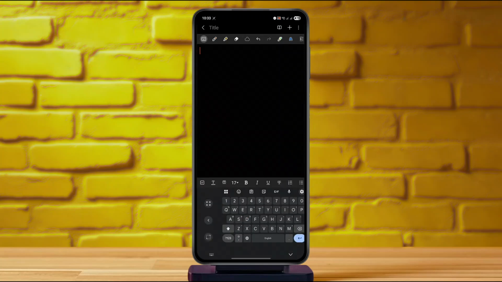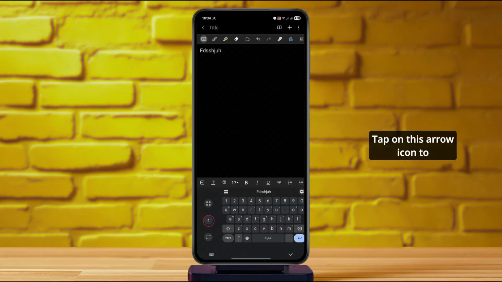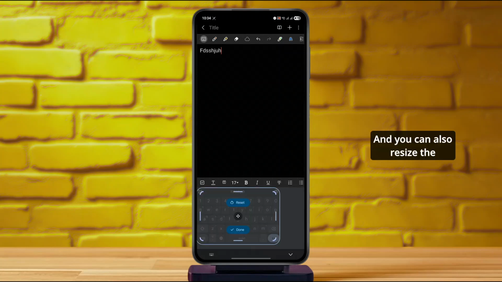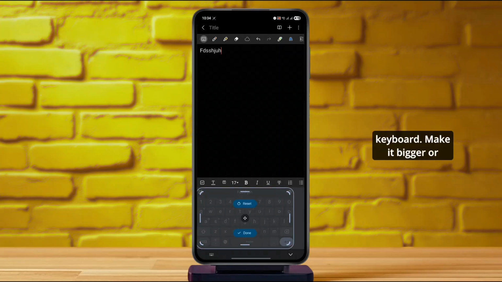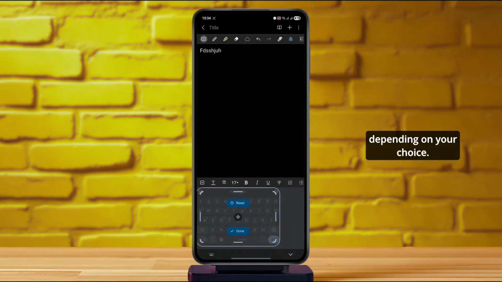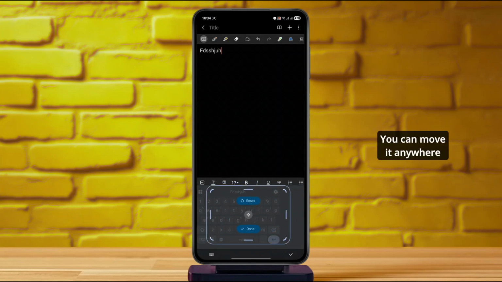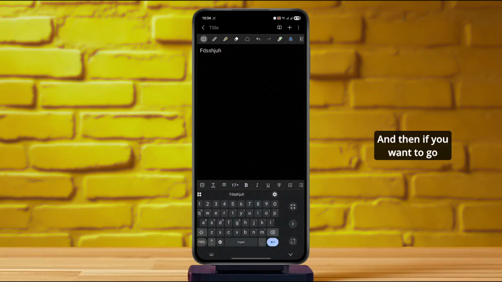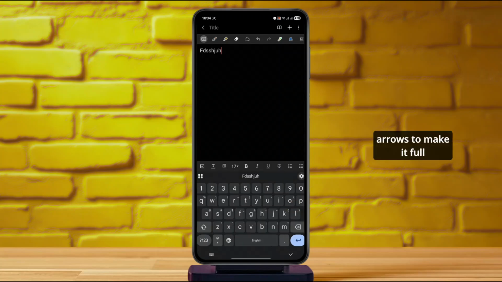Tap on it. What it's going to do is move the keyboard to one side of your screen so that it's easier for you to type with one hand on either side. Tap on this arrow icon to move it to the other side. And you can also resize the keyboard, make it bigger or smaller depending on your choice. You can move it anywhere you want. Tap on done. And then if you want to go back, tap on this four raised arrows to make it